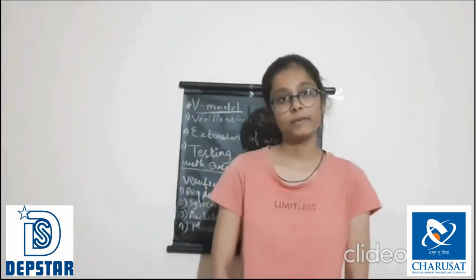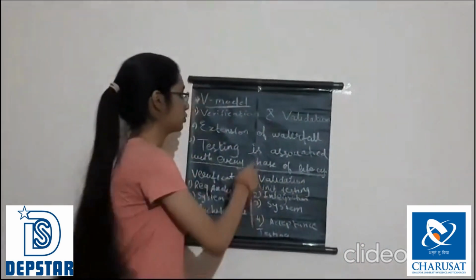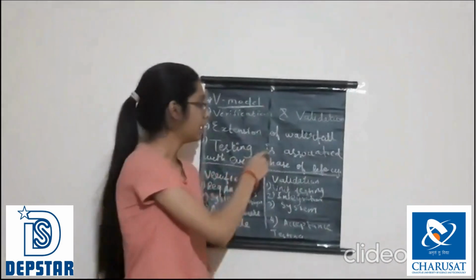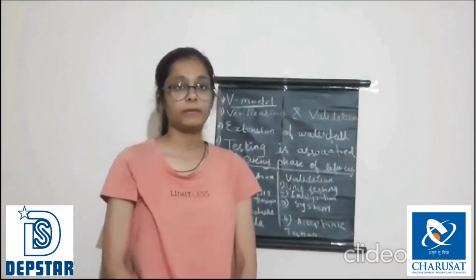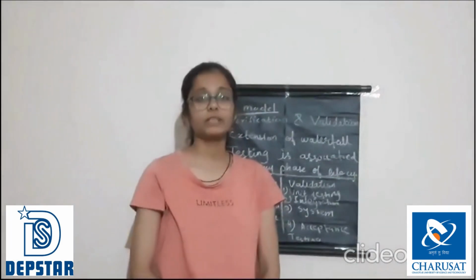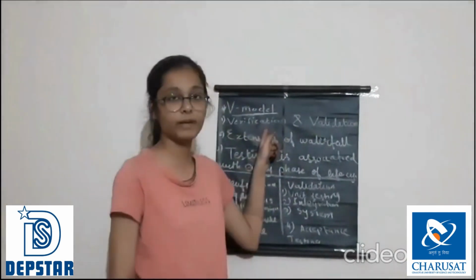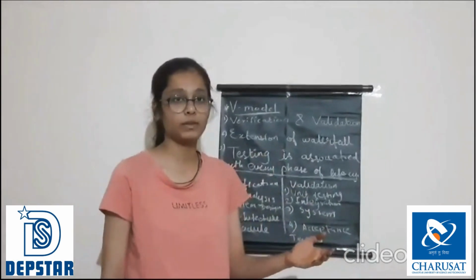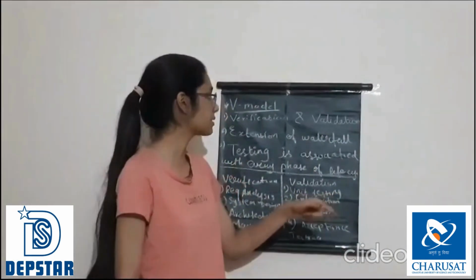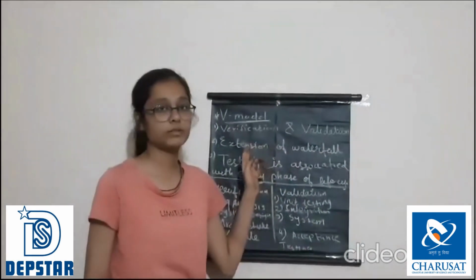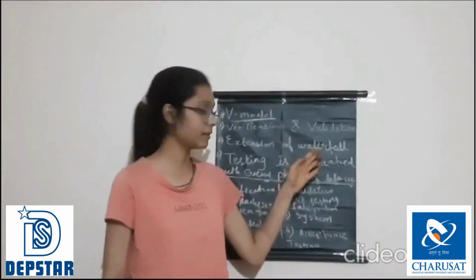Let's get started with the V model. It is also called the verification and validation model. What do we mean by verification? When we check the product step by step whether it is built correctly or not, that refers to verification, and when the whole design is ready and after that we check whether it is built correctly or not, that is referred to as validation. It is also an extension of the waterfall model. It is explained by my friend.